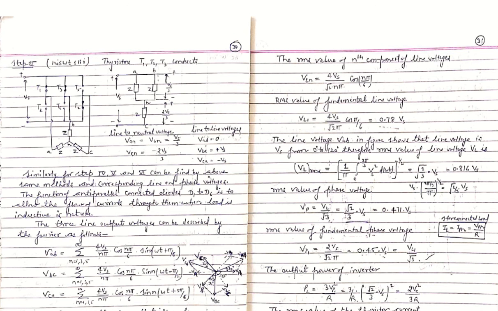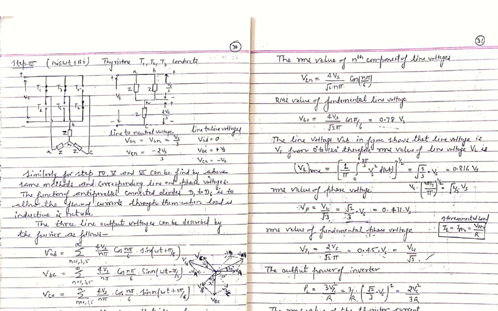You can go through this formula or directly write Vs into the square root of 2 pi by 3 out of pi, that is, conducting up to 120 degrees out of 180 degrees, with power 1 by 2 for RMS. Then it is again root 2 by 3 into Vs. That is the line voltage RMS value. All the expressions are very important because numericals are asked from this Fourier series expression only.